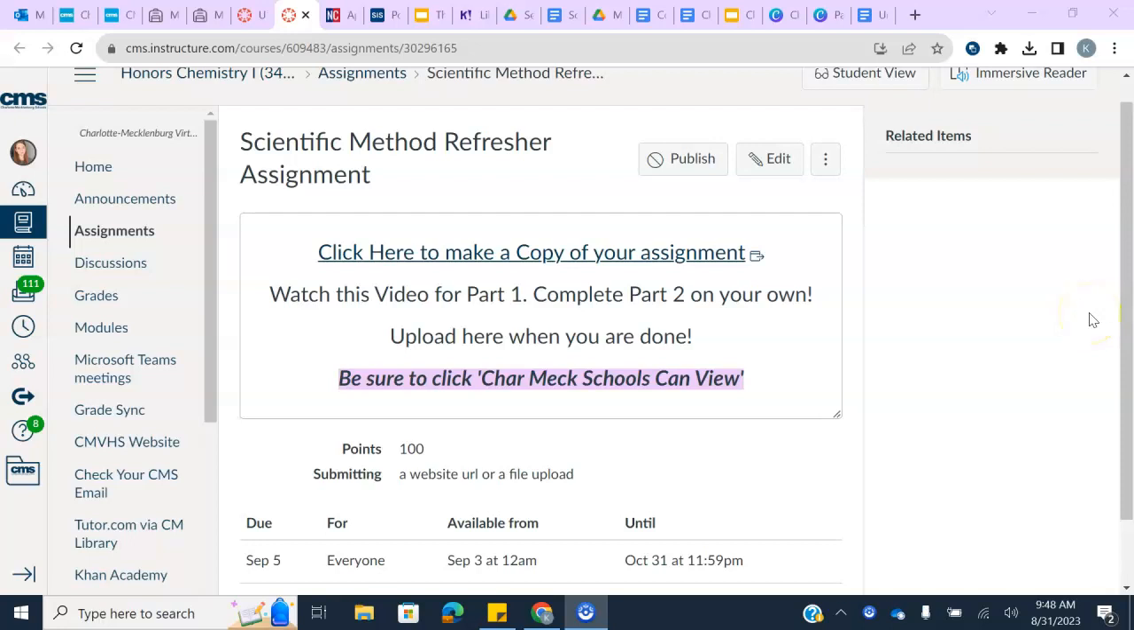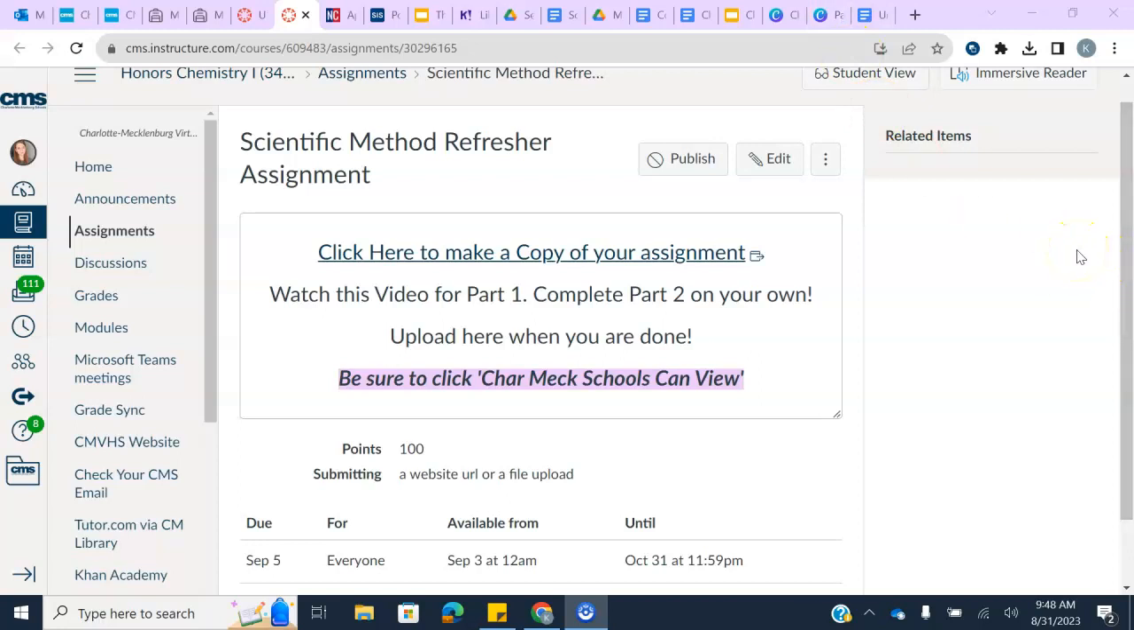Hello everybody. Today we are doing a quick refresher on scientific method, and it's called a refresher because at this point most of you are juniors, which means you've seen scientific method over and over again, I'm sure, throughout high school. So we're just going to review it, and the reason we review it is because it will be on